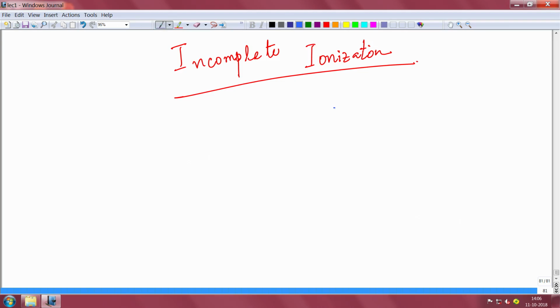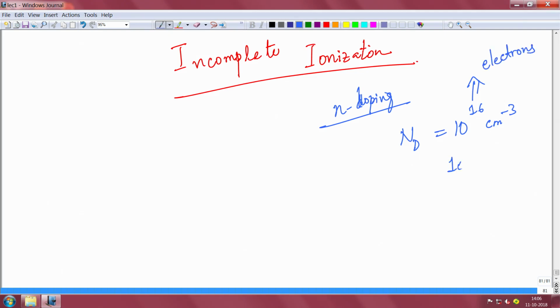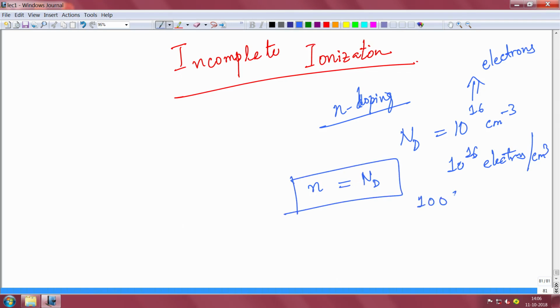I had told you in a very brief way in some of the last classes that if I only consider, say, n-type doping, and I add 10 to the power 16 donor atoms, say phosphorus in silicon, all of them are ionized, which means all of them are giving electrons. So I will get 10 to the power 16 electrons per centimeter cube, and so I say that the free electron concentration is equal to the donor concentration. This is assuming 100% ionization, and typically they are 100% ionized, because